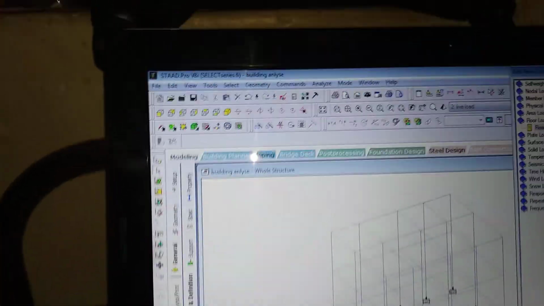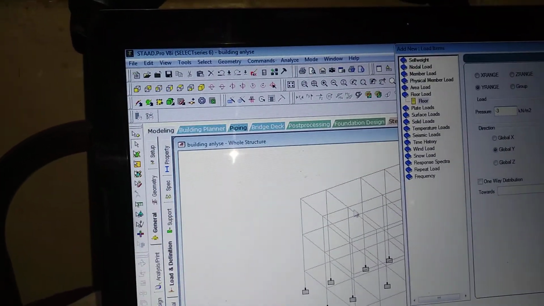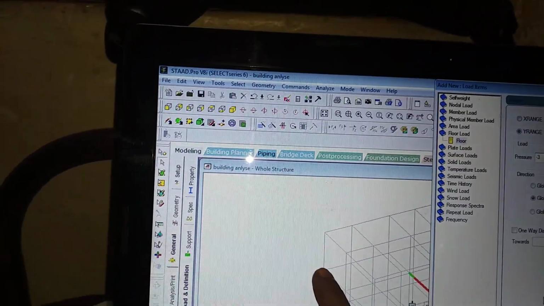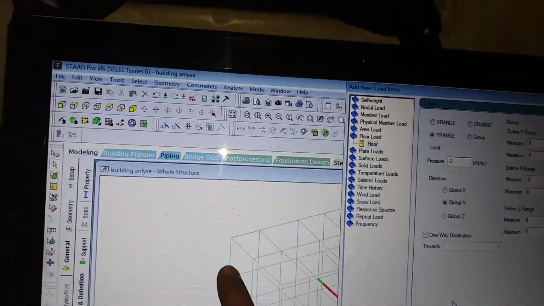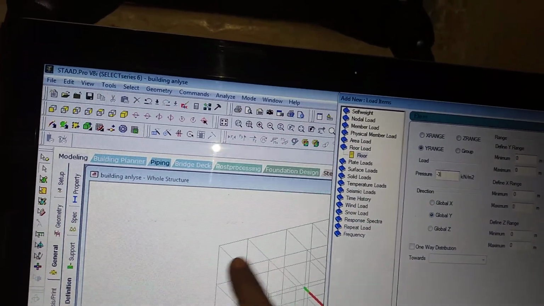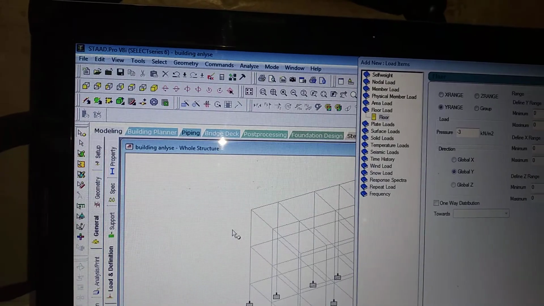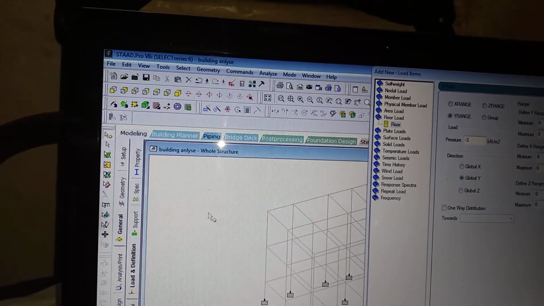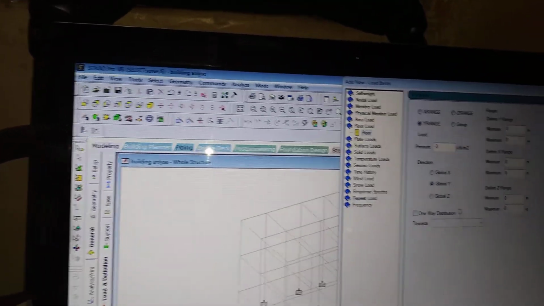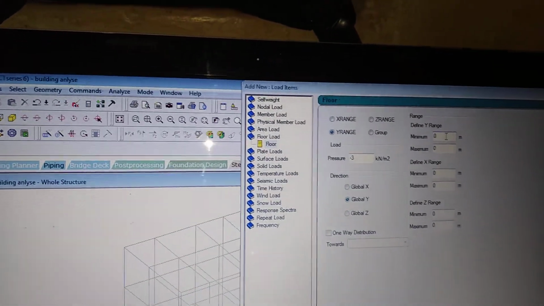Okay, so I want only y ranges. I want to apply this live load to the first ground floor and first floor only, for slab. So I want a node height, no, node point distance. I will not change anything in x and z, only in the y range.